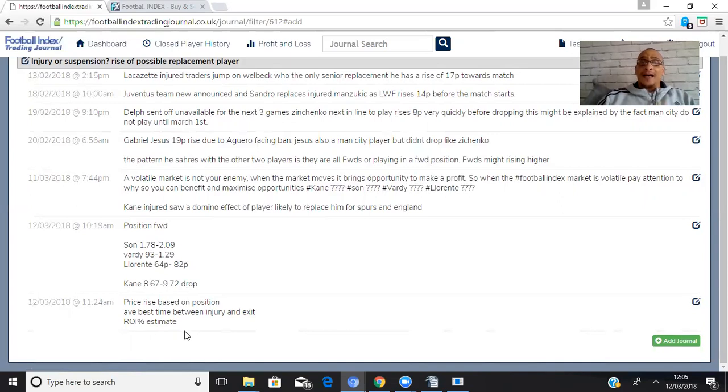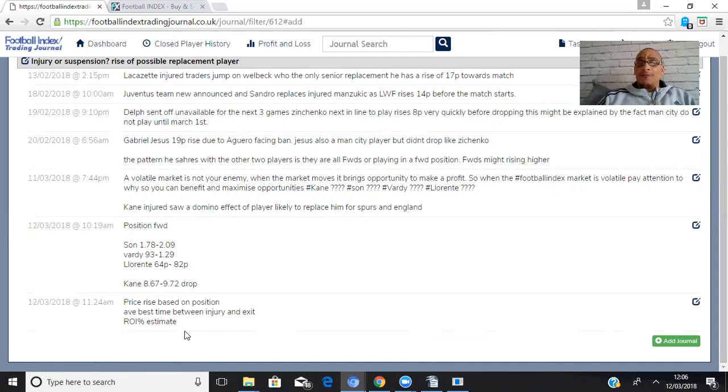If you're going for that 10% on a forward, you might be doing yourself out of 15%. You might actually be able to get a regular 20-25% on a forward. Whereas with a defender, if you have a 20-25% target, and you don't have the data that tells you it doesn't really work like that, the rises on defenders aren't as big, then you can lower your estimate to maybe 10%.